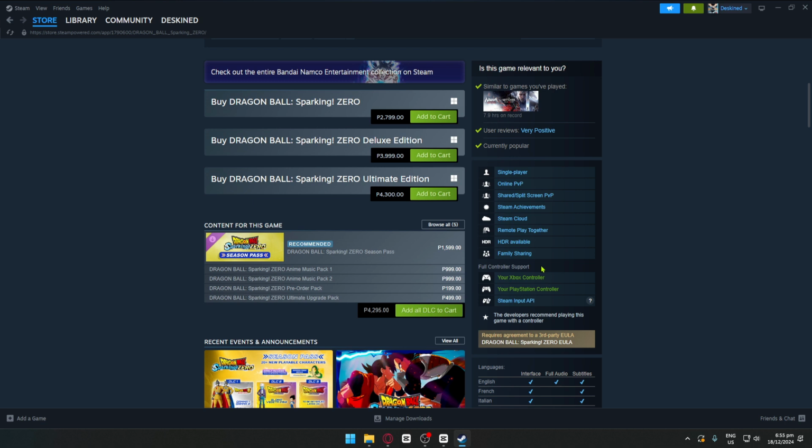Now you simply want to make sure that you are using a supported controller. So maybe you are using an off-brand controller, meaning it doesn't have controller or software support. It will not work at that point. But if you're using an Xbox controller like myself, you can start using the Xbox controller